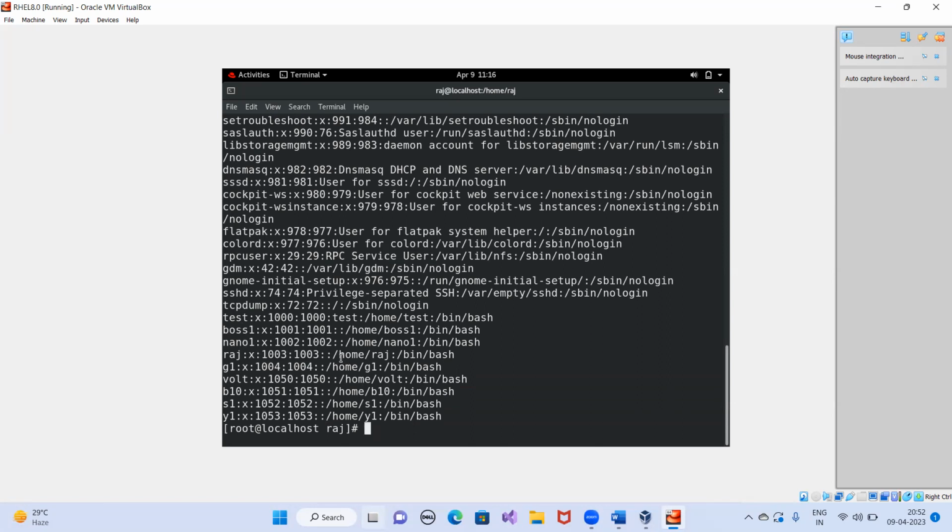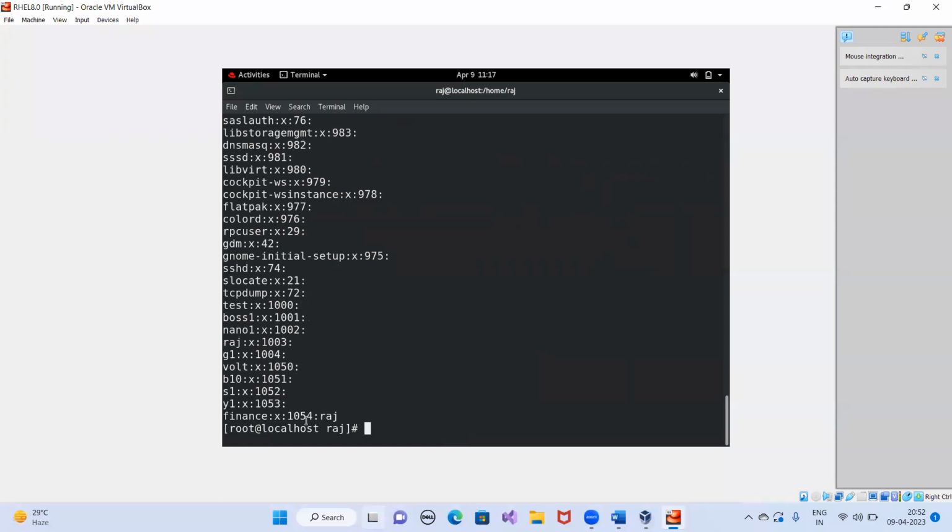See, now here you can see Raj is in the home location. And if I check the group membership of Raj, you can see this Raj user account is a member of the finance group. So you can create the group and move the user inside it. Now the situation starts: if you want to assign any permission, because the user is done and the group is created, then on the group level, how can we assign it?